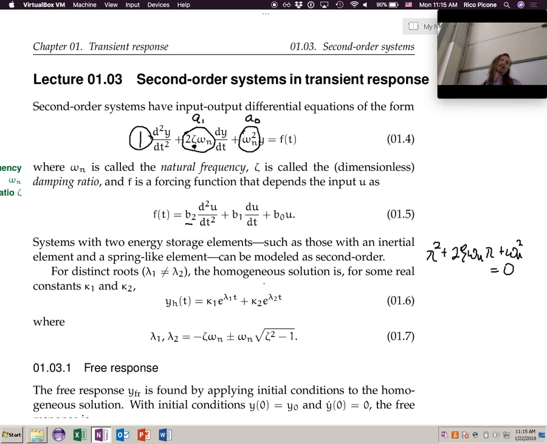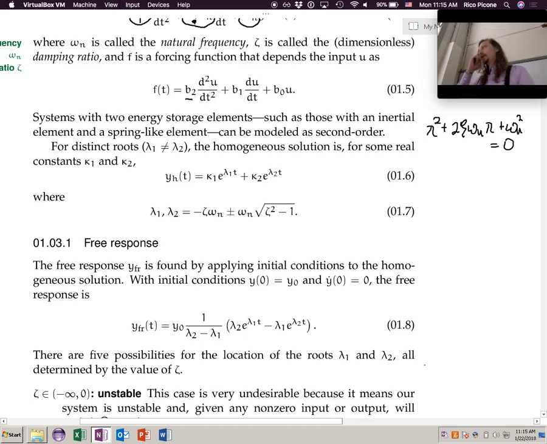So lambda 1 and lambda 2, if we solve for them from this equation, we get this expression. Okay? So what happens if zeta, if omega n is, well, we're going to go into those details. I don't want to get ahead of ourselves. We're going to go into some detail on this. So the free response is the first thing we're going to be concerned about. This is generally, up through 1.7, true for all of them, right? The free response,